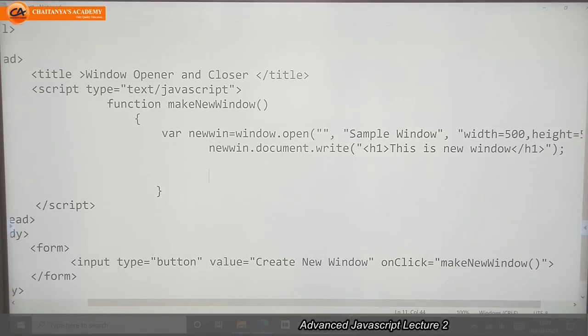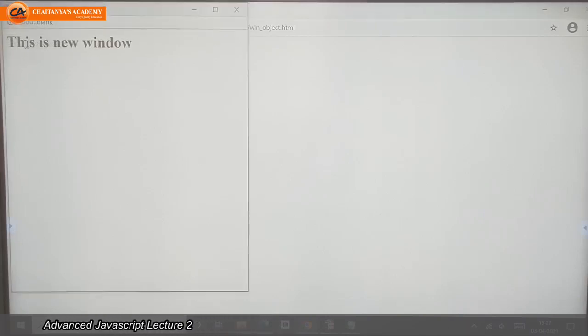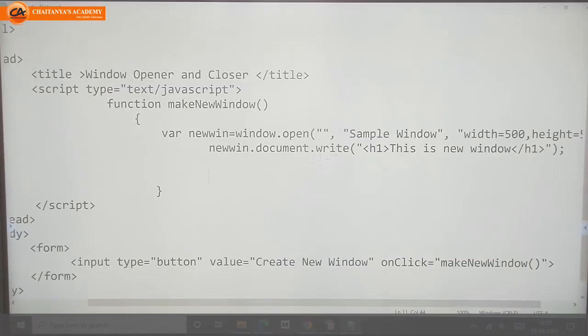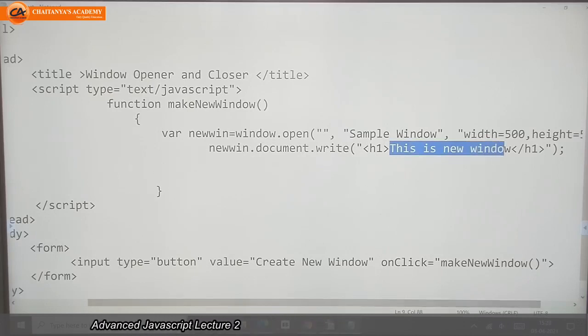Let's check what is going to happen on the click of this. See, it opens one blank window, and what I did here, in that blank window, on the document of that window I wrote this heading, this is new window.